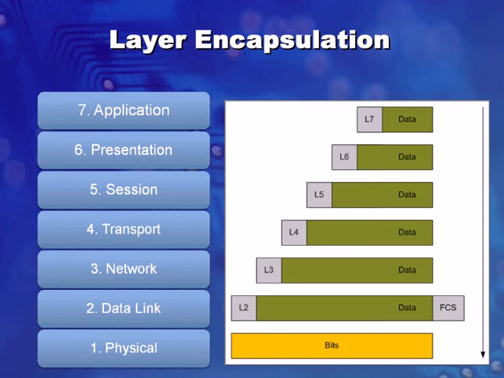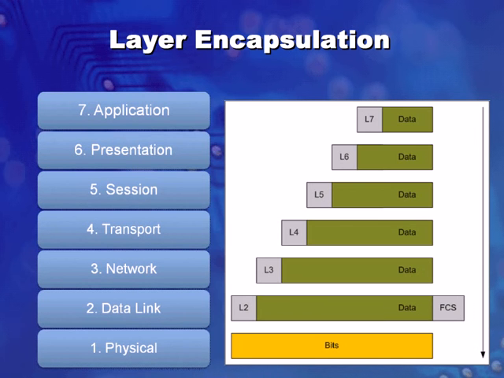We get down to the data link layer, and I'm on an Ethernet network, so I'm going to put an Ethernet header here in the layer 2 segment. I've got a source MAC address and a destination MAC address that I'm going to put in there. And there's also a trailer for this particular layer 2. Not always will you have a trailer for layer 2. In the case of Ethernet, you do, and it's an FCS, which stands for Frame Check Sequence, which is about